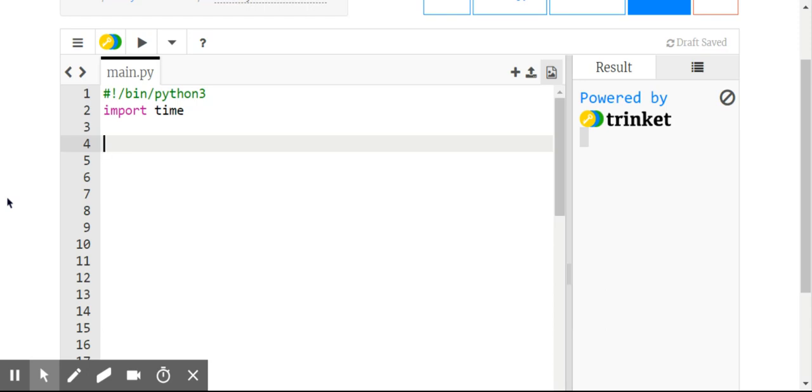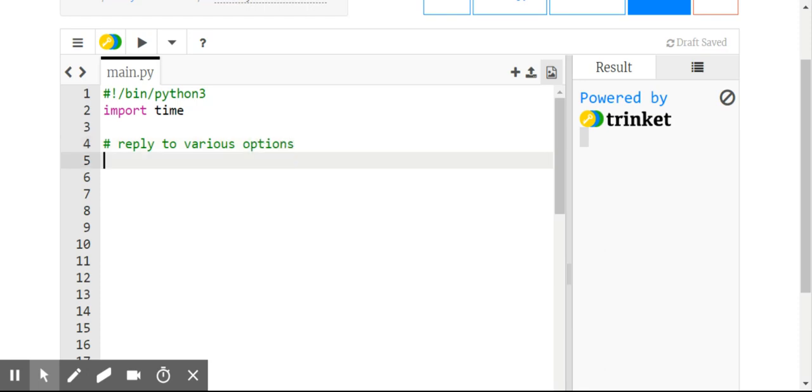So basically, I'm going to call this reply to various options. Again, I can't stress enough, please write yourself a little comment as to what you're actually trying to achieve underneath it. When you go back to it 2 days later or somebody else reads your code, it's going to make so much more sense. And we call this documenting your code, and these are called comments. So reply to various options, I'll call it that. All right, so